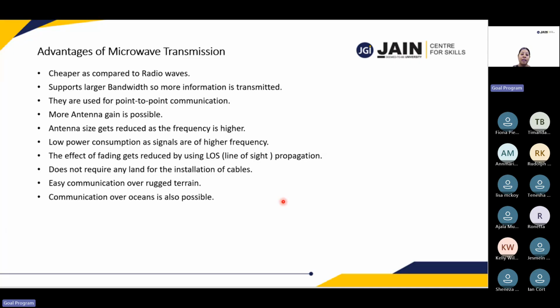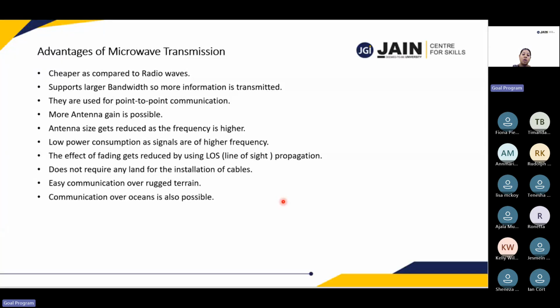The effects of fading get reduced by using the line of sight propagation. Line of sight propagation means side to side, point to point. Okay, the towers, the stations have been installed in such a manner that there is a line of sight. So no signals are moving here and there. So it's like a line of sight. So the effect of fading gets reduced by using the LOS, called line of sight